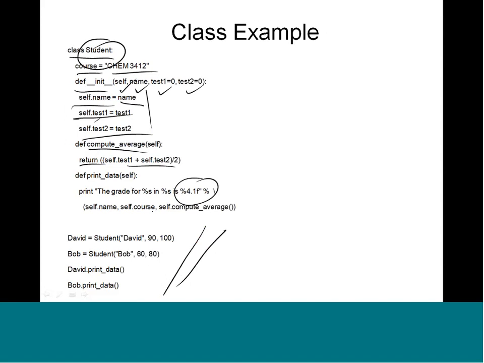If you have multiple students, you can say David is a student with the attribute David as his name, 90 and 100. Whereas Bob is a student, from the base student class, with Bob as the name, and his test1 and test2 scores. Now we can say David print data, and then it will print the grade for